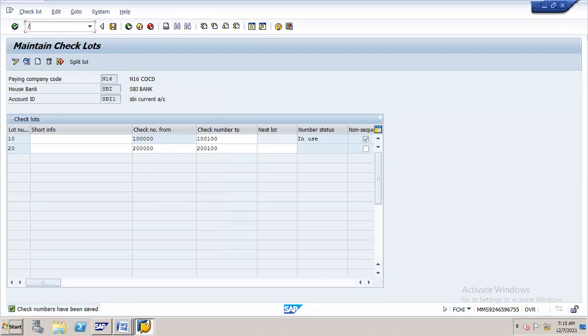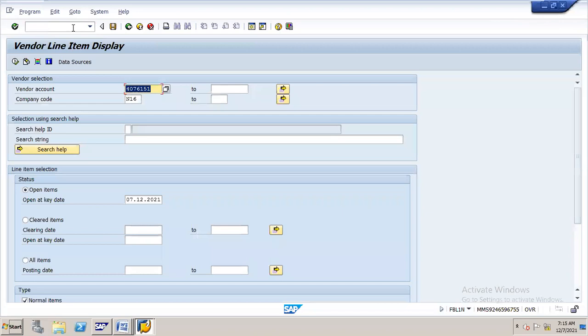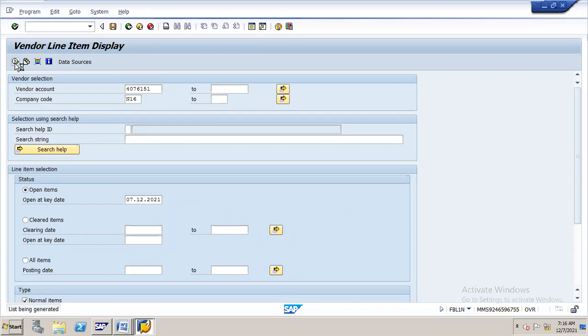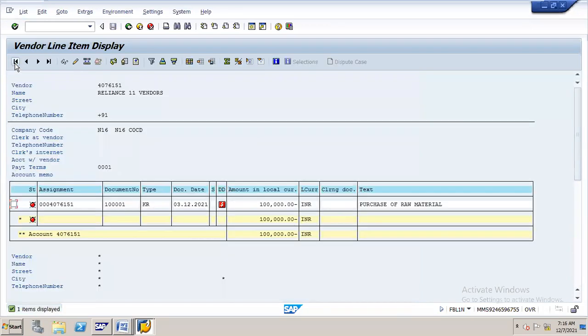Before that, let me show you FBL1N. I think we don't have enough invoices. Only one invoice of 1 lakh is there. So let me post multiple invoices with F-43.